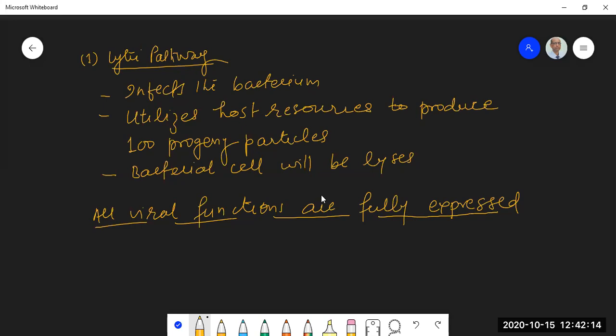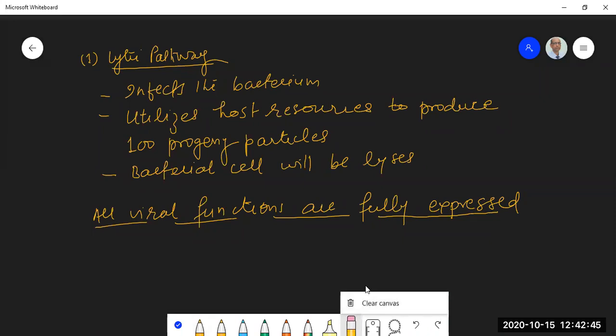And it will replicate the DNA, make some 100 copies, and then those DNA molecules will be packaged into the coat, and the progeny particles, once they are completely synthesized, then at an opportune time, which is very precisely programmed, the bacterial cell will be lysed, and these progeny particles will be freed into the medium. So this is one survival option that is available to bacteriophage lambda. There is another one